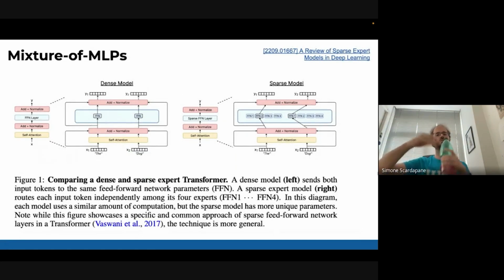And typically, you can use them in a lot of different ways. The common way you apply this is in transformers by taking the MLP blocks and turning them into this mixture of experts. So you see here, you have a standard transformer with a feed-forward network. You do the same, but instead of the feed-forward network, now you have multiple very small feed-forward networks, and you only activate them sparsely using the techniques I showed you before.